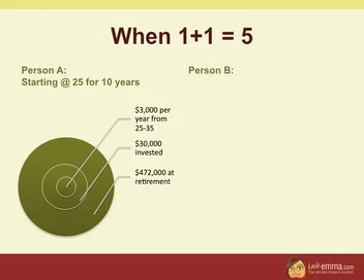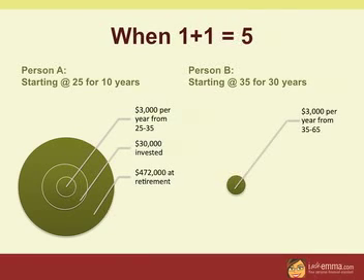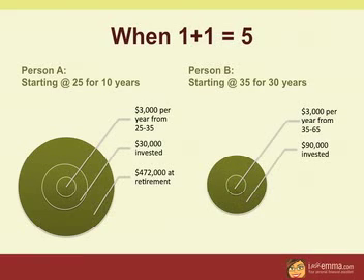Now let's look at Person B. They start saving at the age of 35, so only 10 years later than Person A, and they put $3,000 in a retirement account every year until they retire 30 years later at the age of 65. So over those 30 years, they've invested $90,000, again earning the same 8% interest that Person A was earning. When they retire, they will have a total of